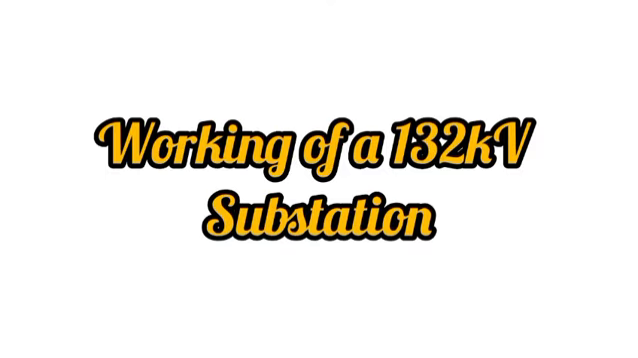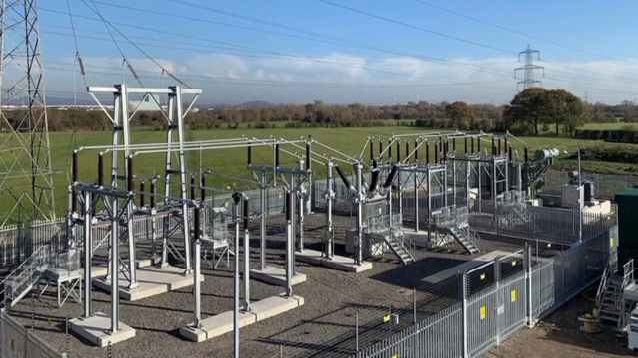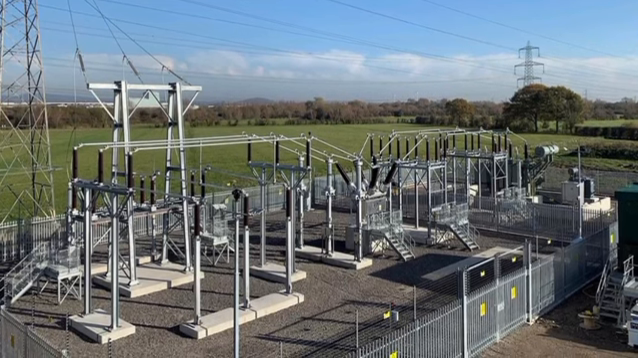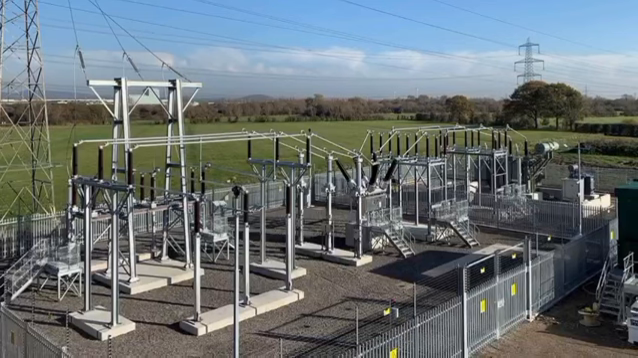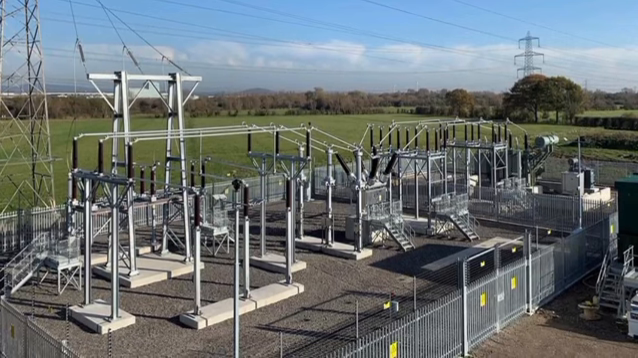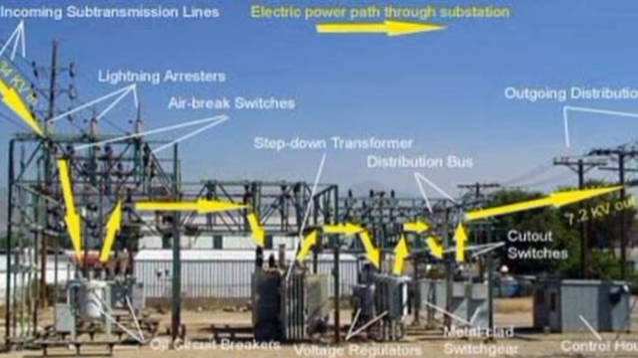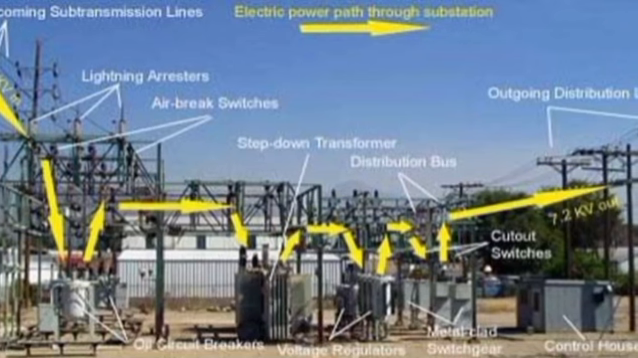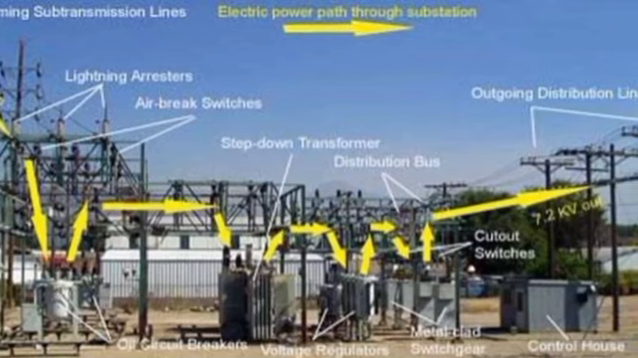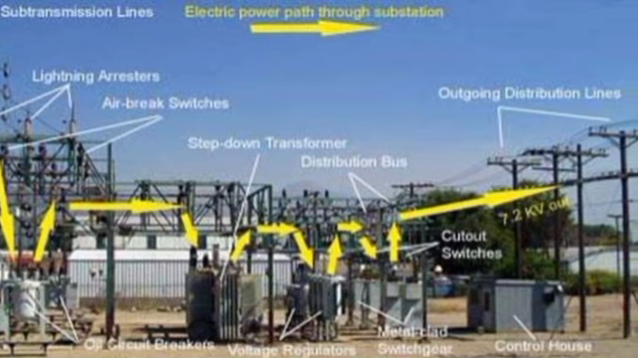Working of a 132 kV substation. A typical 132 kV substation works as an intermediary node that receives power from higher voltage transmission lines, steps down the voltage, and distributes it to lower voltage networks. Here's a simplified workflow. Power reception. High voltage power, for example 220 kV or 400 kV, enters the substation through incoming transmission lines. Surge arresters protect the system from voltage spikes, and circuit breakers and isolators ensure that incoming lines can be